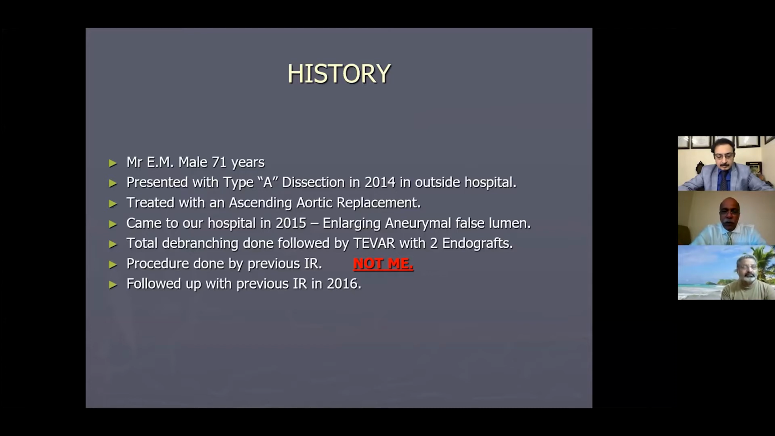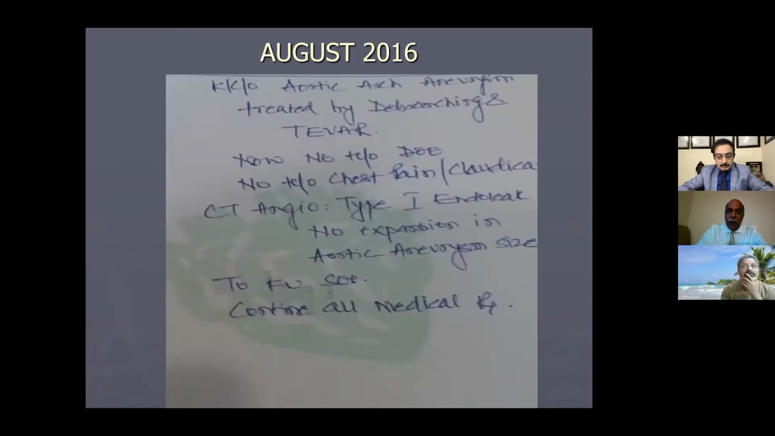Total debranching was done, followed by a TEVAR with two grafts. The procedure was done by a previous IR in the same institution, not by me. He was followed up with the previous IR, and these were the notes of the previous IR saying aortic aneurysm treated